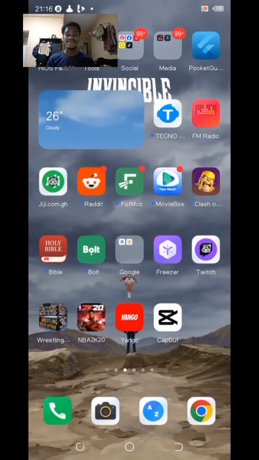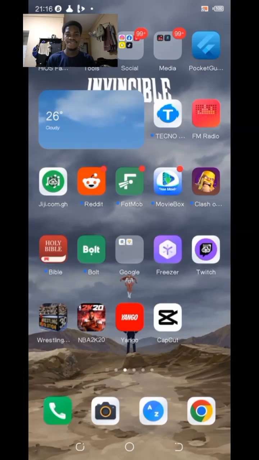So myself and my team decided to create this app known as PocketGuard. PocketGuard is a financial management app made from Flutter. The main purpose of PocketGuard is to help individuals such as Kweku, other students, and young professionals manage their